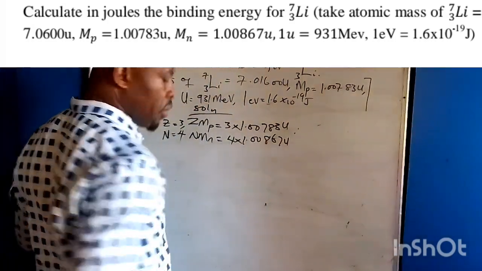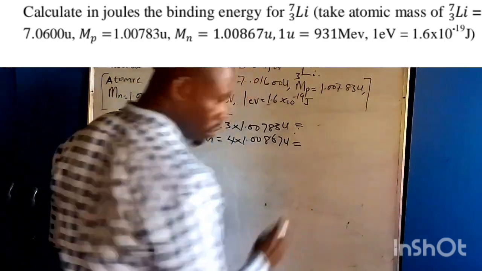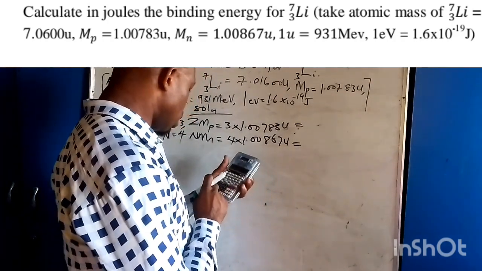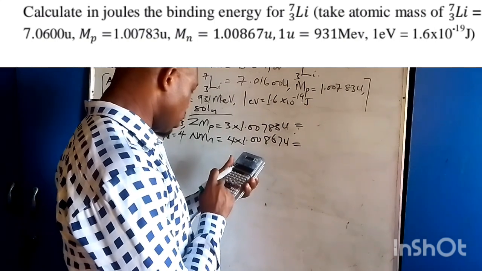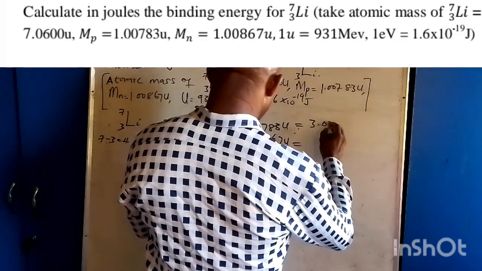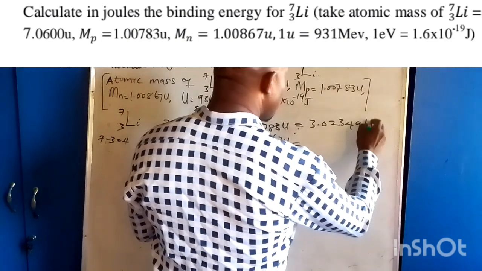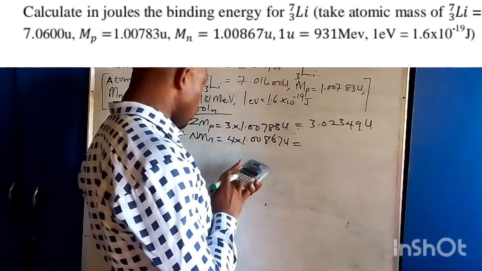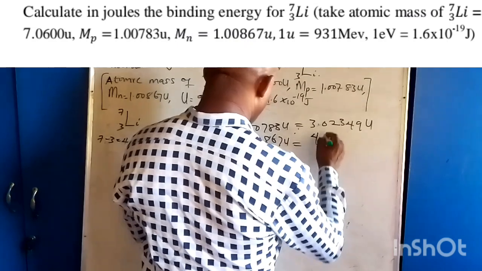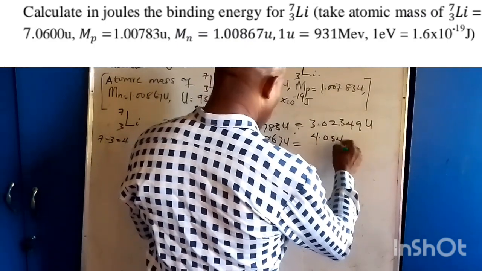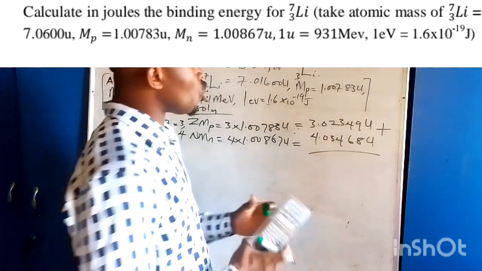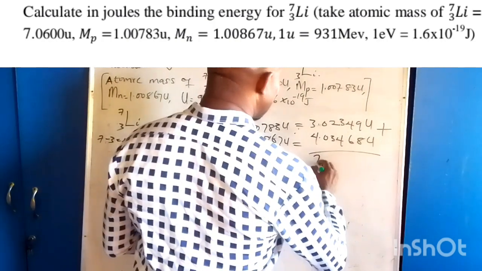So 3 times 1.00783 will give us 3.02349 U. 4 times 1.00867 will give us 4.03468 U. Now we add the two together, and we will have 7.0